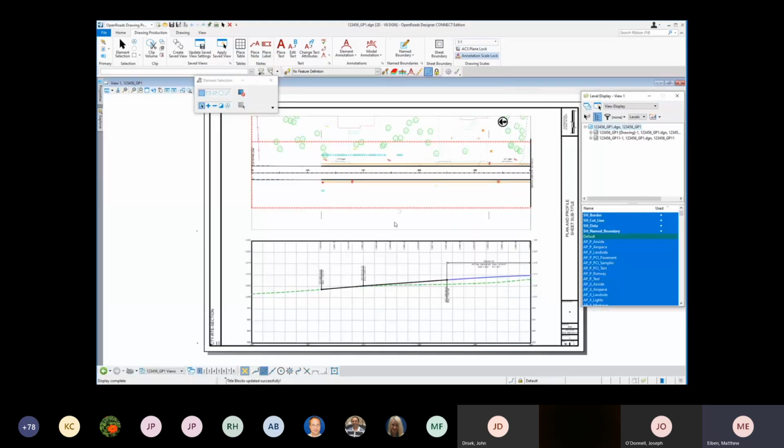Okay, so there we have our plan and profile sheet with our plan view and